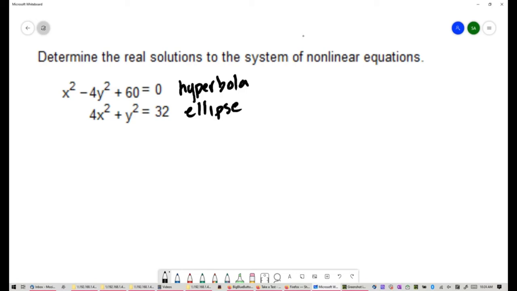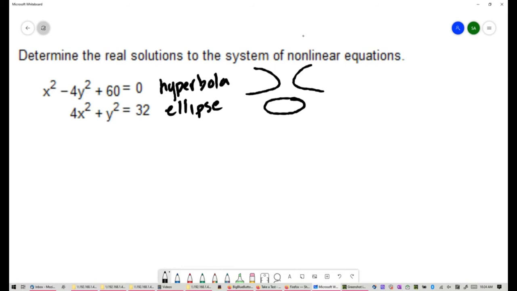A hyperbola looks kind of like two parabolas that are facing away from each other, and an ellipse would be like an oval. So if we were to think of these in the same